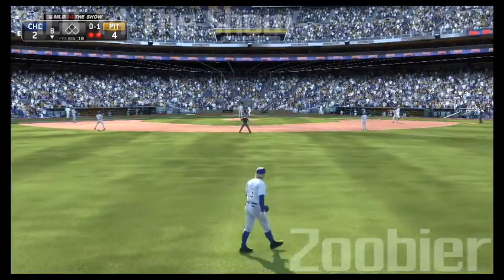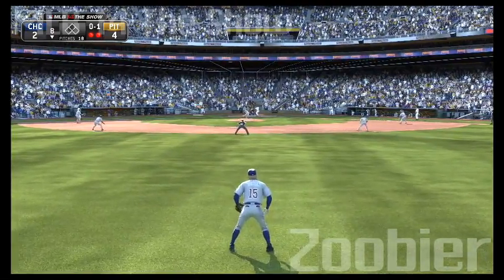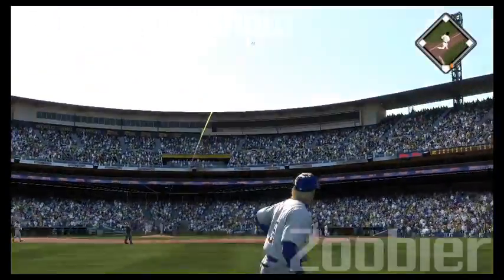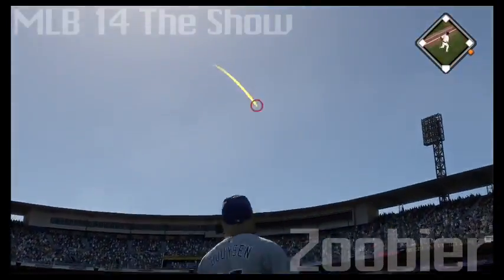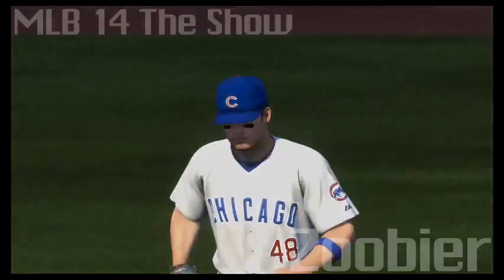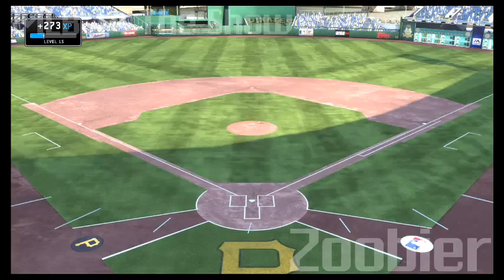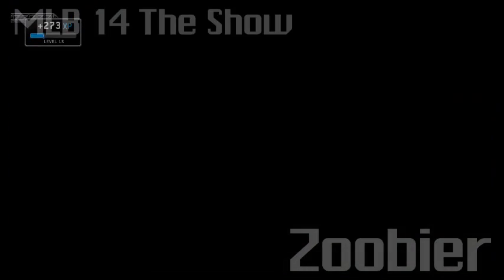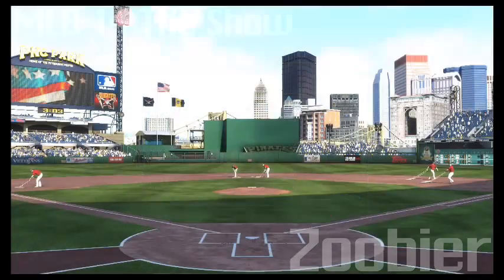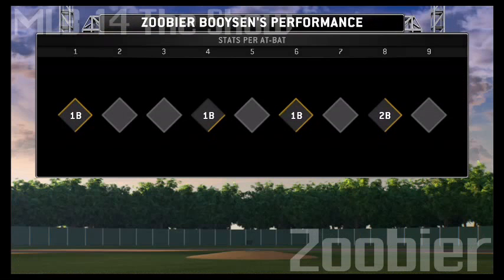Alan Craig will stand in. He flew out his last time up. In the air to left center. Castilla is there, and he'll make the catch to retire the side. And guys, the Pirates were paced this afternoon by the efforts of this man, Chase Headley. He's our top